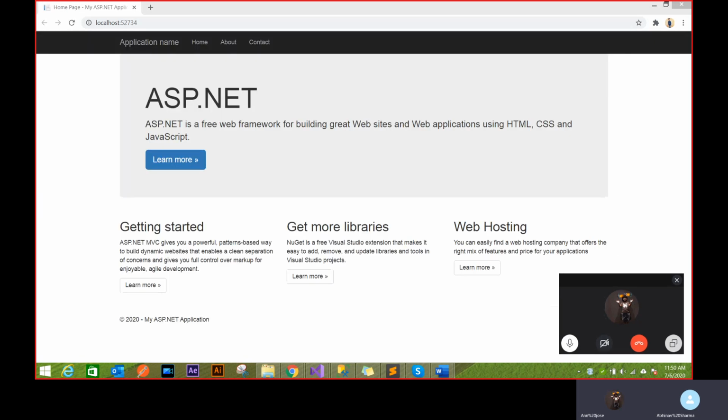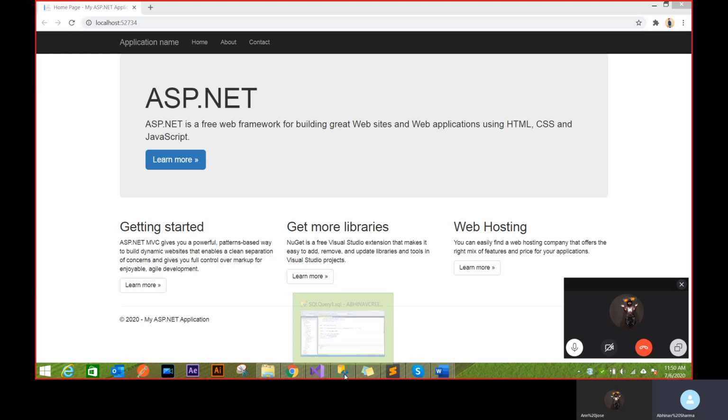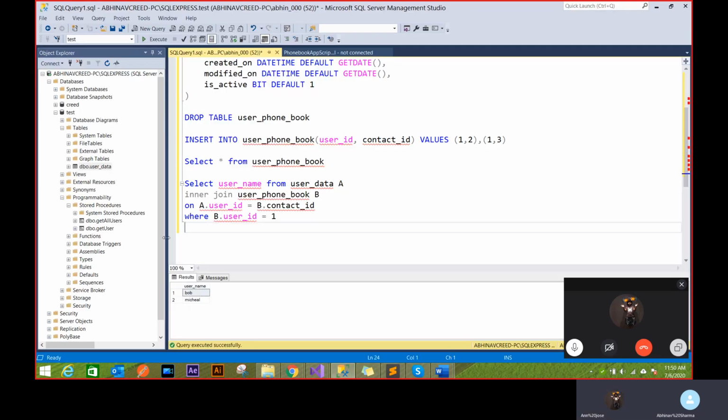One more thing, I have a doubt. When you're using SQL Server Management Studio, the data will be stored in Management Studio, and SQL Express is used only for the server purpose, correct? So SSMS is a way to access that server, which is already installed in your machine. SSMS is just a tool. No, the data will always be in the SQL Server. Management Studio is just a tool to access that data.